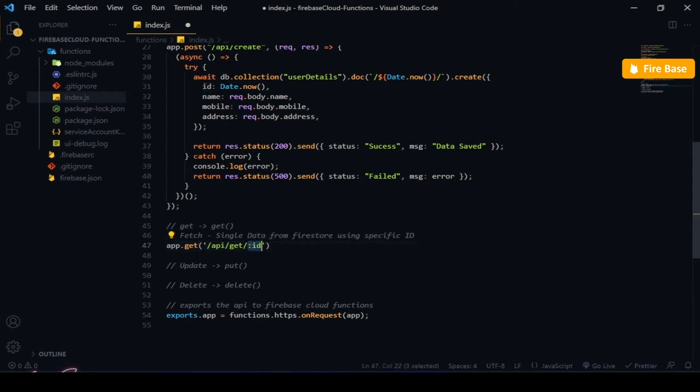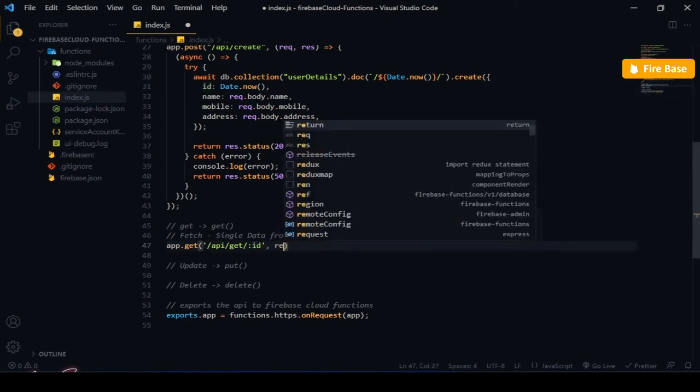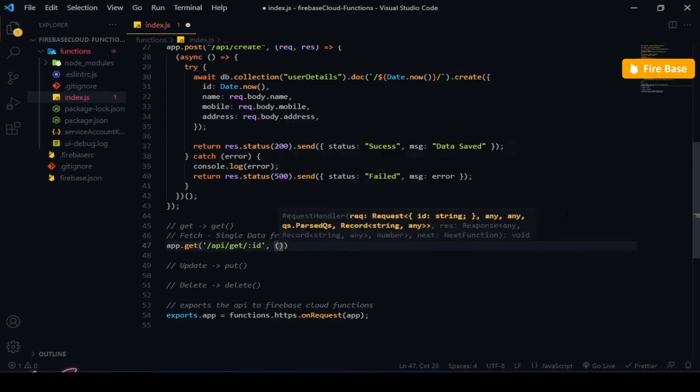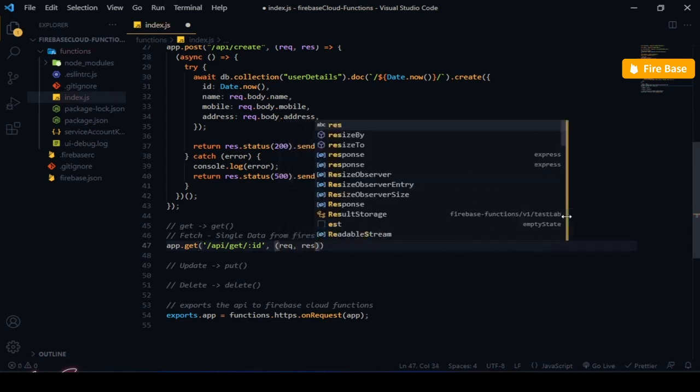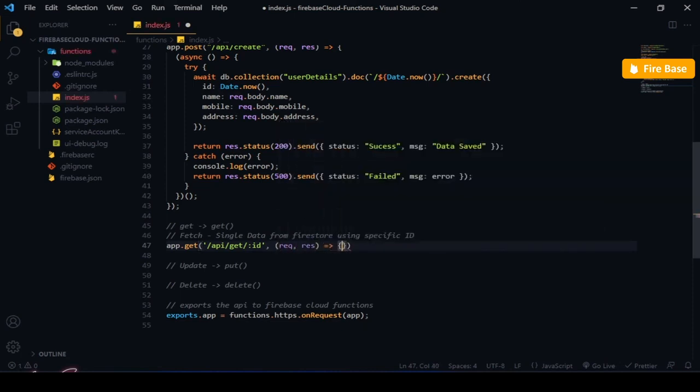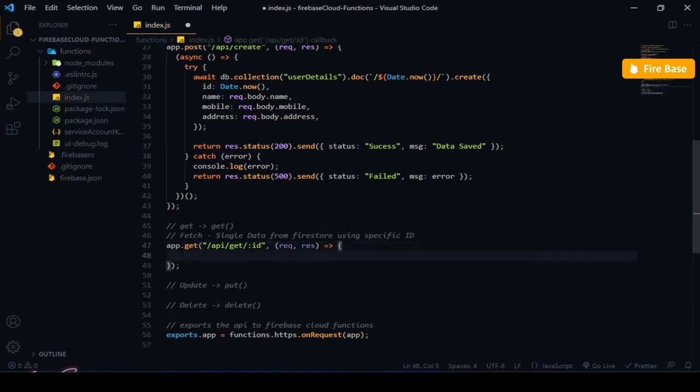So I'm passing the parameter in the URL. That's the parameter I'm passing as an ID, and the colon is a must. You need to use the colon, otherwise it doesn't work, and you can't get the value from the URL. Okay, after this, you need to pass two parameters, request comma response, and open the arrow function, and again open the asynchronous function